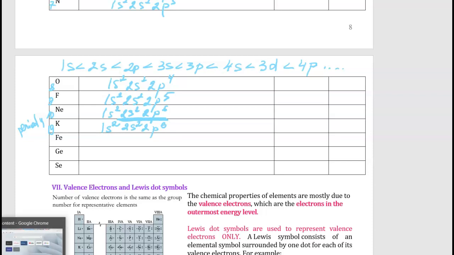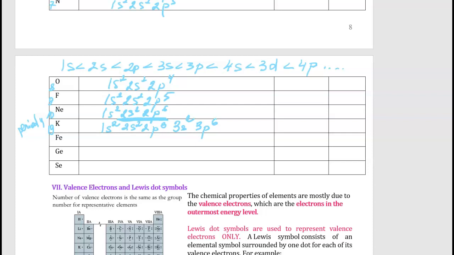But it has the third level, which has 3s subshell and 3p subshell, right? So 3s can have a maximum of 2 electrons, so it will be 3s2 and 3p6, which give us, if you add these subscripts, 2, 2, and 6, 10, and 2 and 6 is 18, but potassium has 19